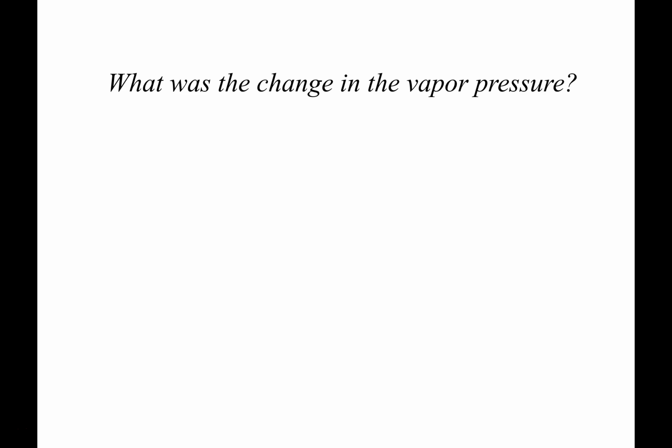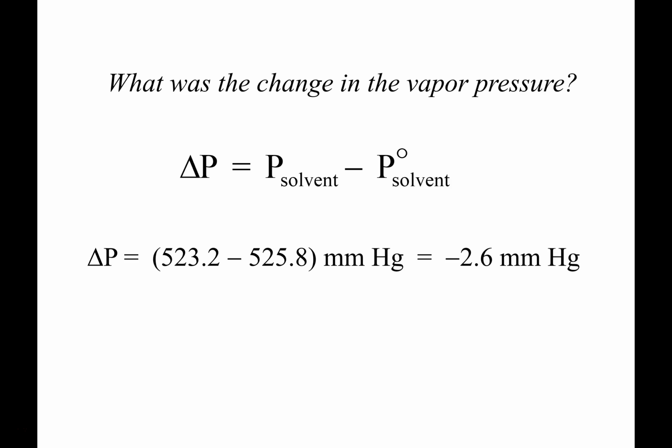Yep, delta P. What was the change in the equilibrium vapor pressure? Equilibrium vapor pressure lowering. So it's always final minus initial. Our final here is the one that the solute has been added to. So that looks like this. Delta P is equal to quantity